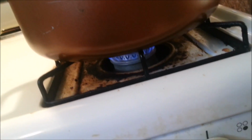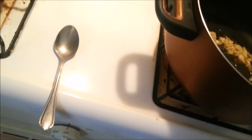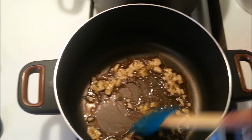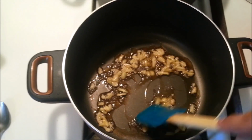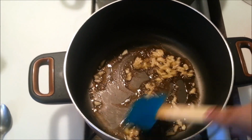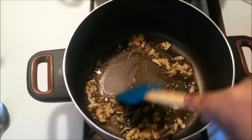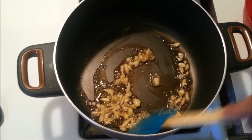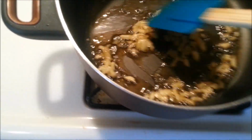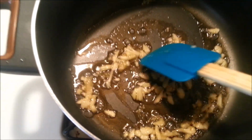It's too high. Turn that down. Let that go to where the garlic gets about a golden brown color. When it gets about a golden brown color, throw in the